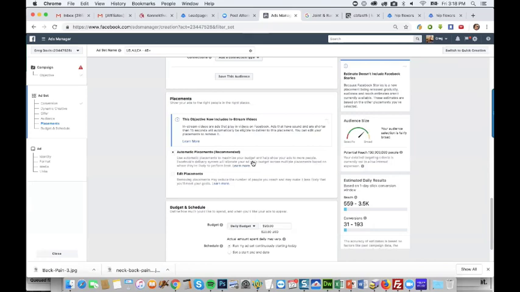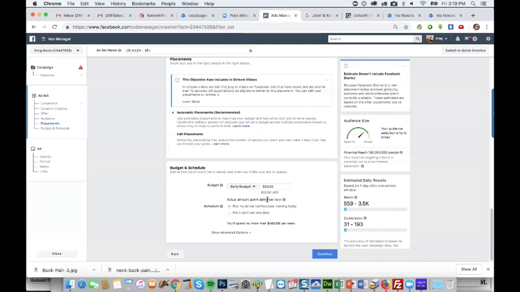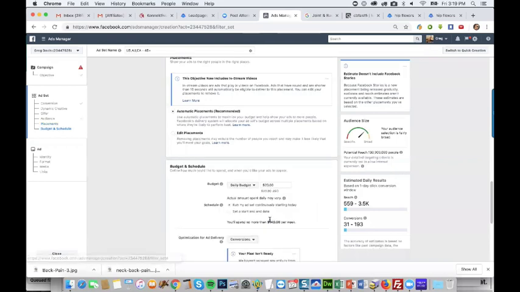Also, desktop might work better than mobile or vice versa. This is the type of stuff you want to know. So before you break out your campaign into different placements, I just run automatic, so you run across everything. Daily budget, I'll stick with the $20 that they recommend. And let's see what our advanced options are.